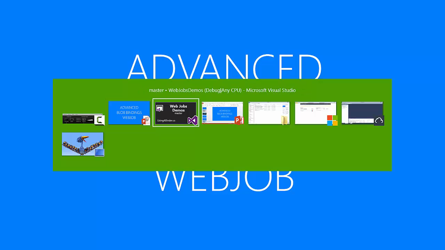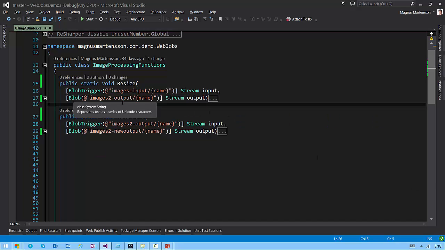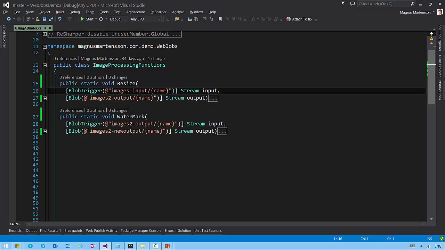I'm now going to show you how to do blob bindings for your web jobs in a very straightforward and really cool, powerful way. Here's a scenario where I have two image processing functions, these web jobs. Both of them will trigger on an incoming blob when a blob is uploaded to this container here. What will happen then is that they will do some image processing on this image and output the image